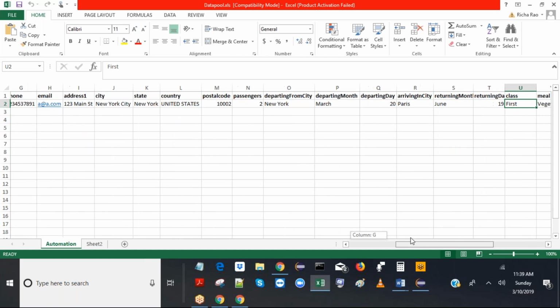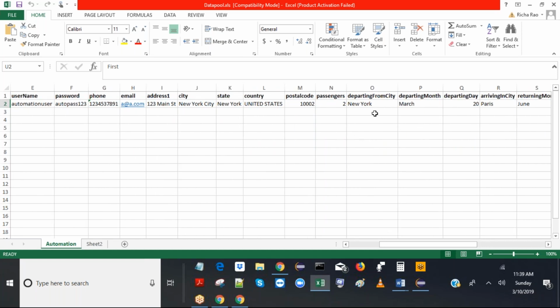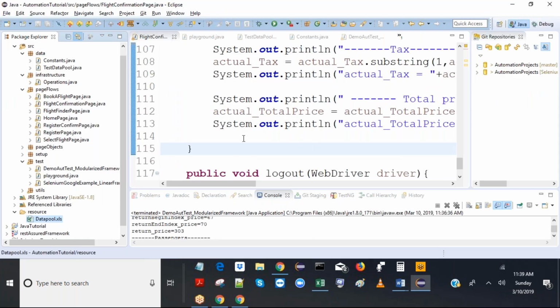Okay, so where did we put it here? This is the updated data pool, so everybody should have it. The old data pool doesn't have the city and everything, right? So departing from city, okay. Now for validations, we